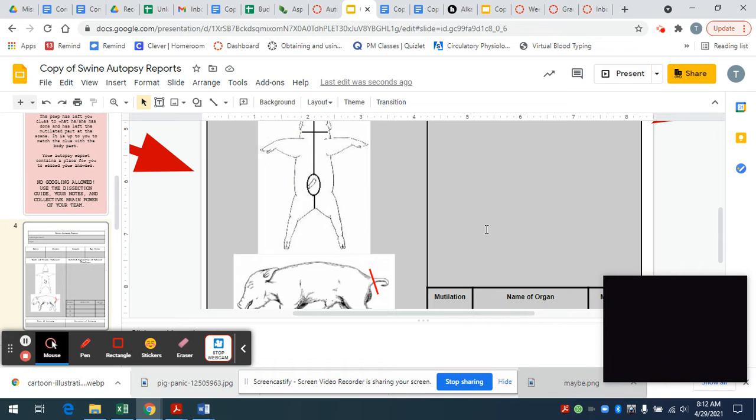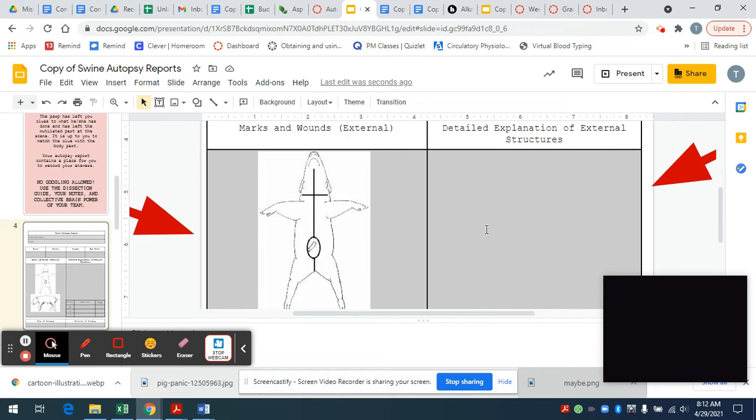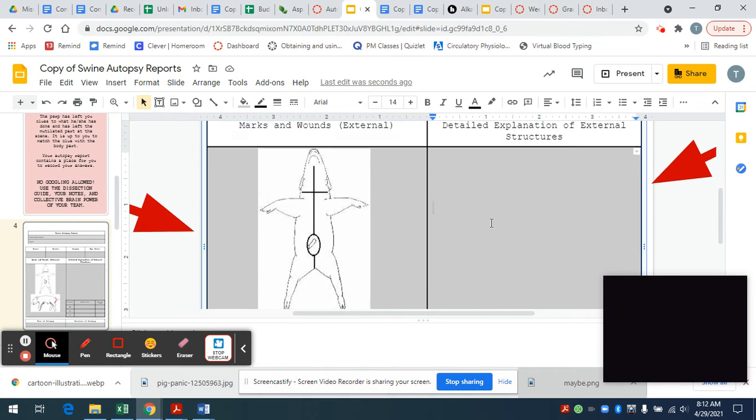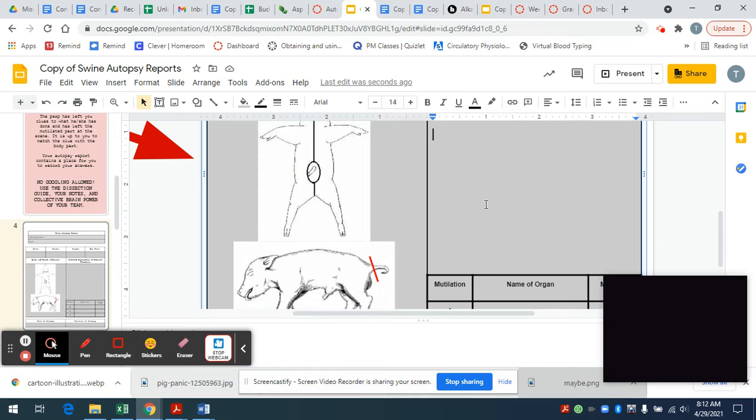It needs to be specific to the point of if I just gave the description to somebody off the street, or at least somebody that knew anatomical terms, and that I gave them a fresh pig, they could recreate the injury exactly from the original. So click here. If it were the tail, then I would say the tail